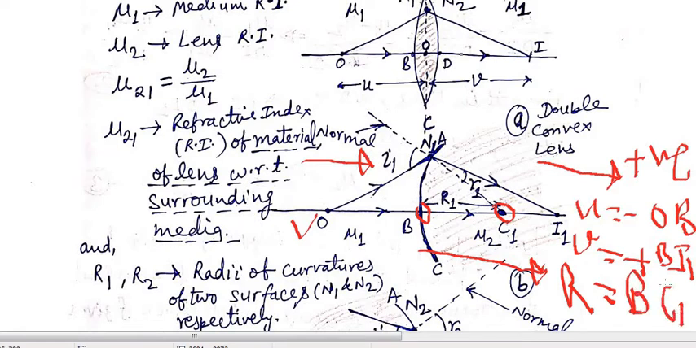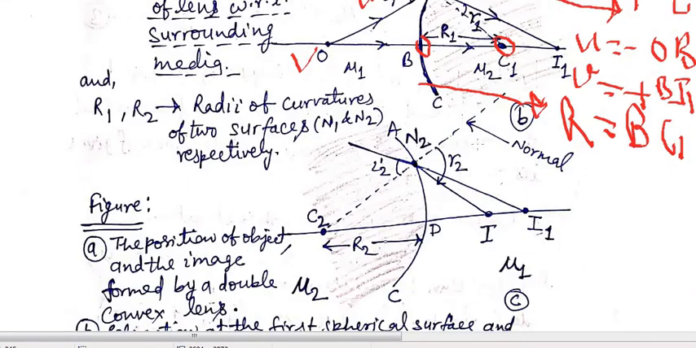So using sign convention, at the refraction occurs at a spherical surface ABC, U equal to minus OB, V equal to plus BI1, and R equal to BC1. Okay, and refraction occurs from mu1 to mu2, so we will use the refraction formula. Similarly, if refraction occurs at the second surface, that is the right side spherical surface, the surface ADC,